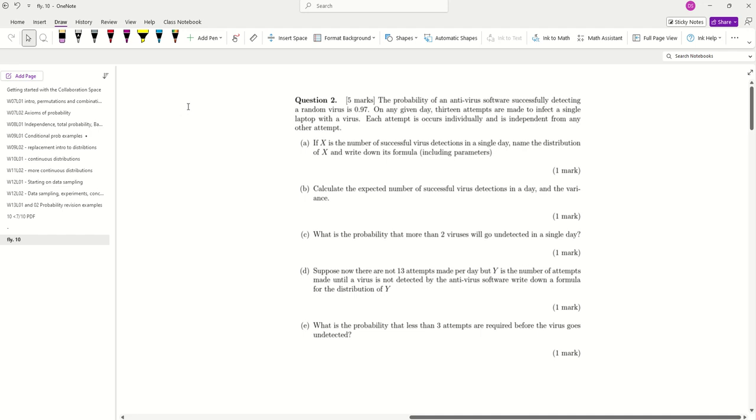So I've had a number of questions about how to do this question on the practice test. In particular, part C. What is the probability that more than 2 viruses will go undetected in a single day? There are a few ways to do this problem. There is also a bit of confusion between what are complementary events in this case. So be careful in your interpretation of the probabilities, what the complement of that event is, and